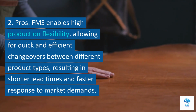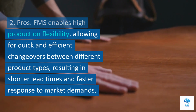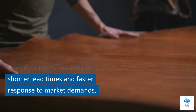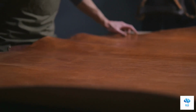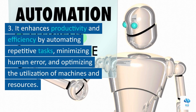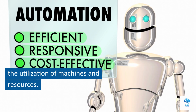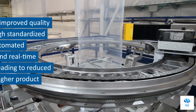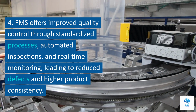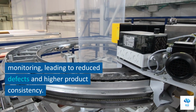2. Pros. FMS enables high production flexibility, allowing for quick and efficient changeovers between different product types, resulting in shorter lead times and faster response to market demands. 3. It enhances productivity and efficiency by automating repetitive tasks, minimizing human error, and optimizing the utilization of machines and resources. 4. FMS offers improved quality control through standardized processes, automated inspections, and real-time monitoring, leading to reduced defects and